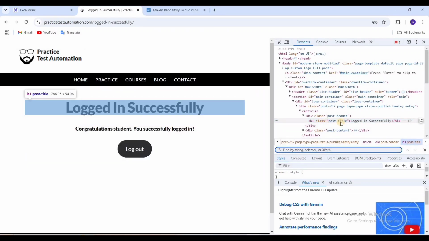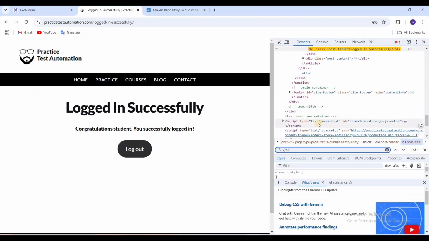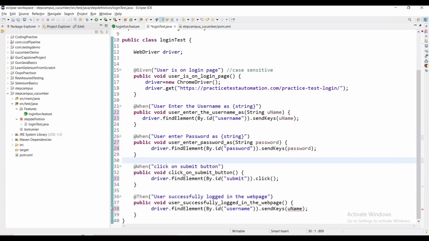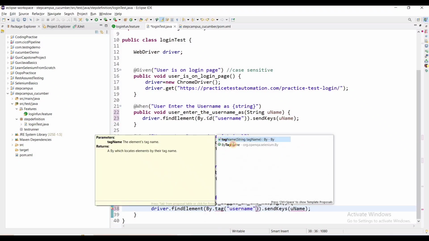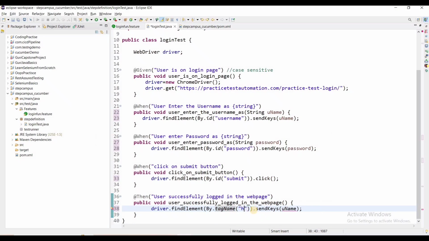So we will go with the tag name. Let's see if h1 is unique or not. Yeah, h1 is unique, so we can get a tag name. For this one we will write By.tagName, and h1 we will pass here. Then dot getText,